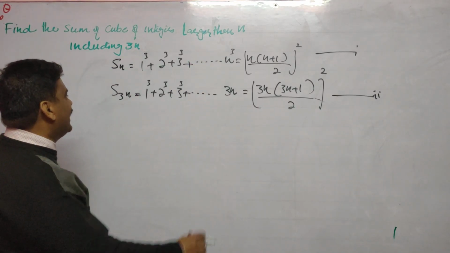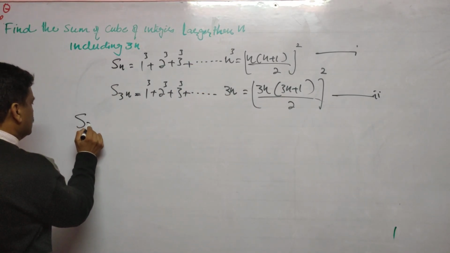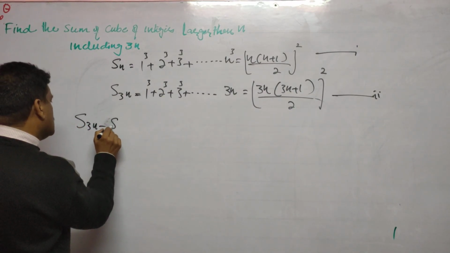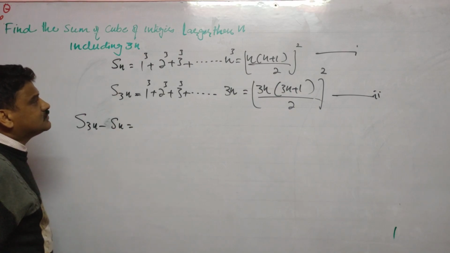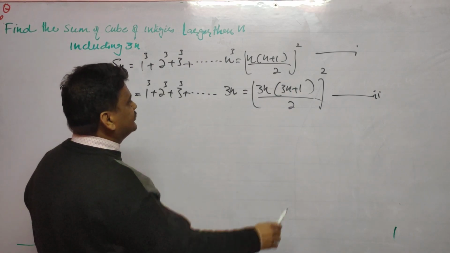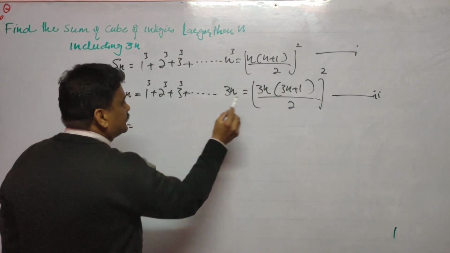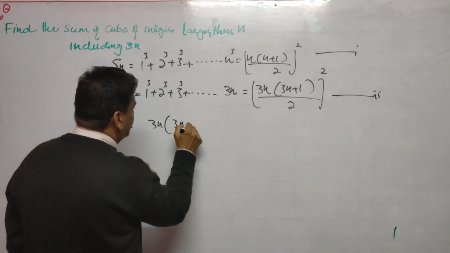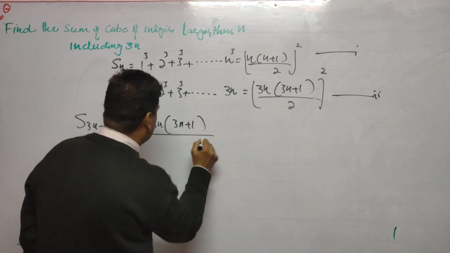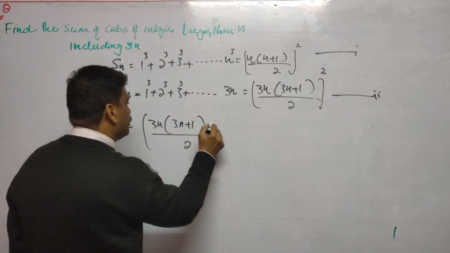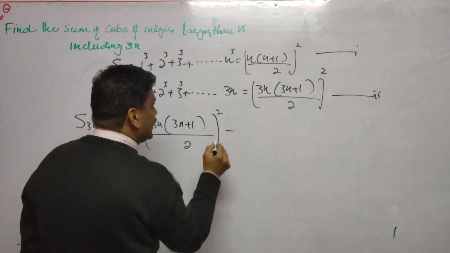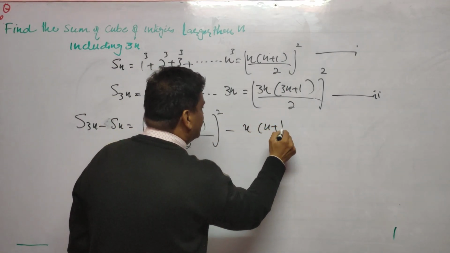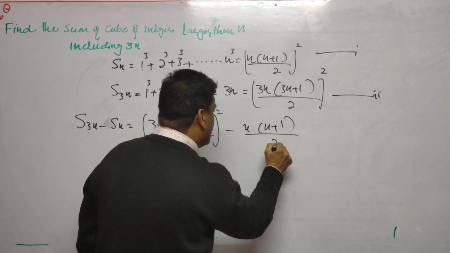By subtracting we will get S3n minus Sn. By subtracting we will get 3n times 3n plus 1 by 2 whole square minus n times n plus 1 by 2